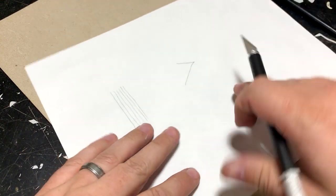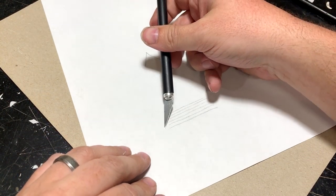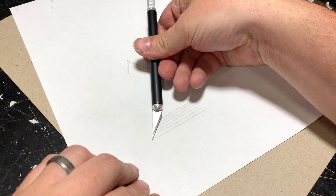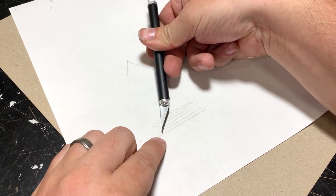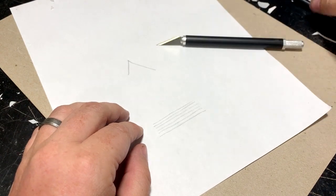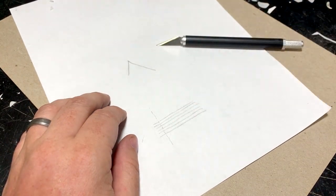I stop. Now the reason for that is if you look at the blade is an angle, right? So if you imagine these are all the layers of paper, and we can even use the actual blade, as I cut into it like this, I've cut all the way through at this point, but not all the way through at those points. So if I want my cut to be straight down here,